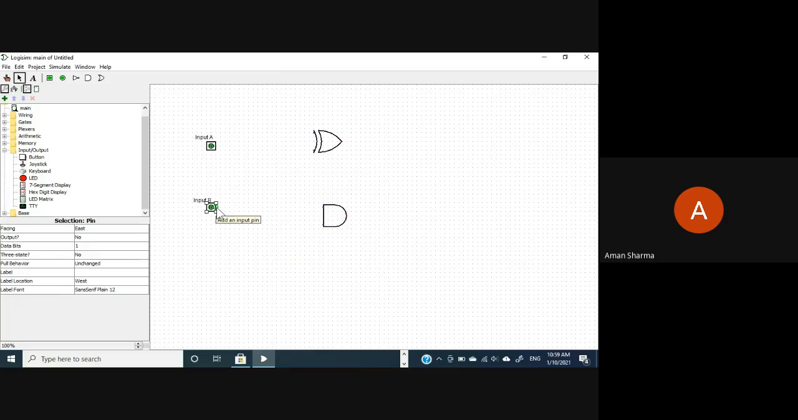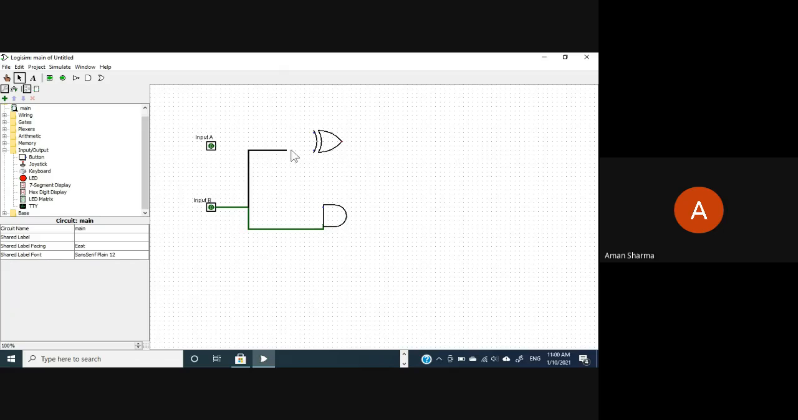Okay, there's a slight highlight on the pin. Just drag it to here, and then like here. Okay, and this will also go to this one. Okay. Just click and drag and connect